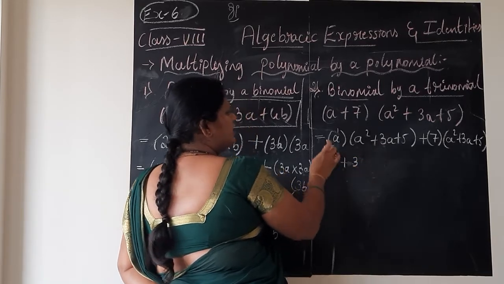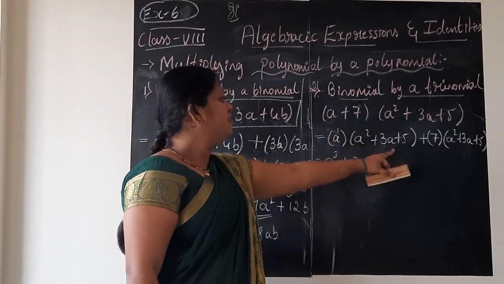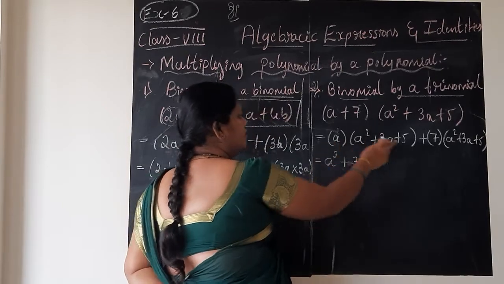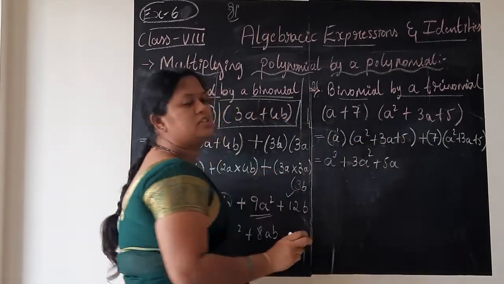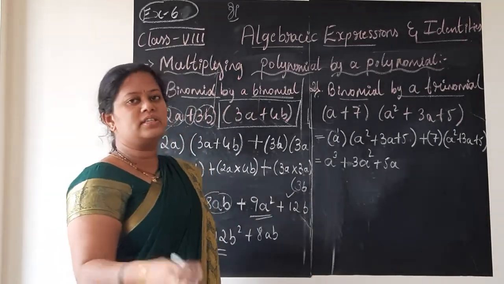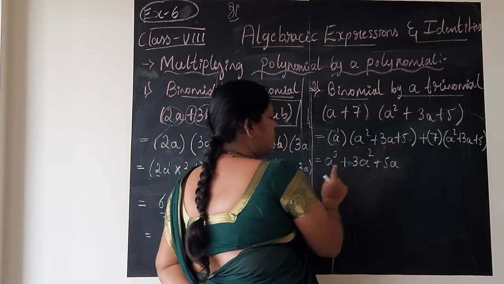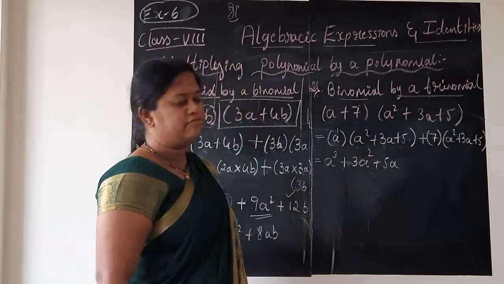Now no constant is there with a, means it is 1. So it is like 1 into 3, 3. A power 1 into a power 1 is a into a, which is a square. 5 into a, 5a as it is. This has no variable, this has no constant, means just multiply whatever is remaining. So by multiplying a into a square plus 3a plus 5, we got a cube plus 3a square plus 5a.